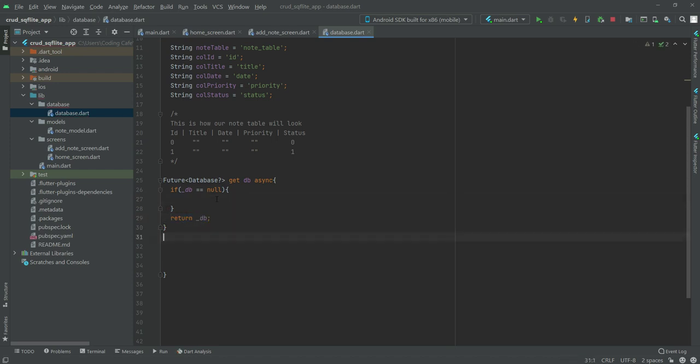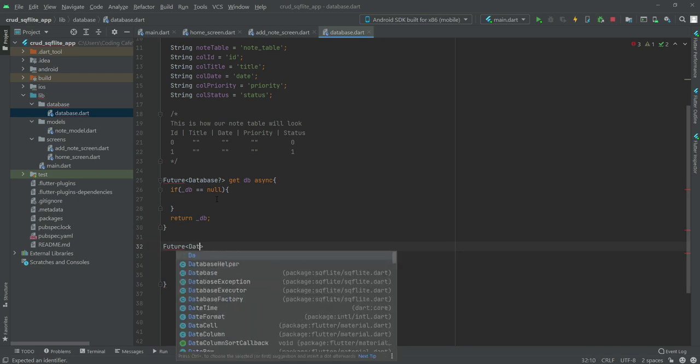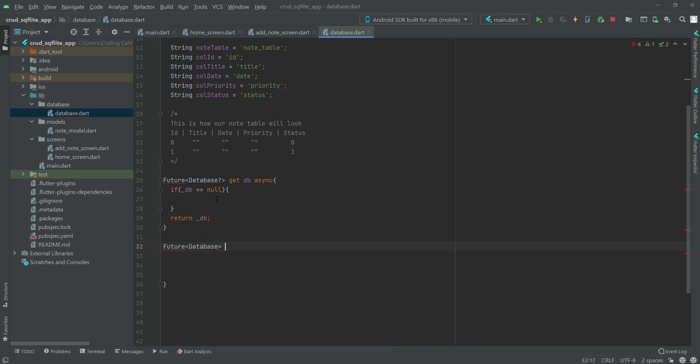So now for creating a new database, right here we will say Future Database, and the function name will be initDb, and it will be async.